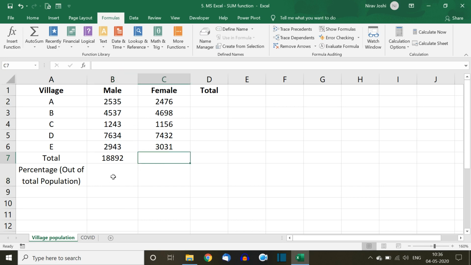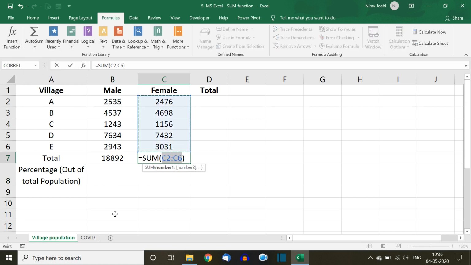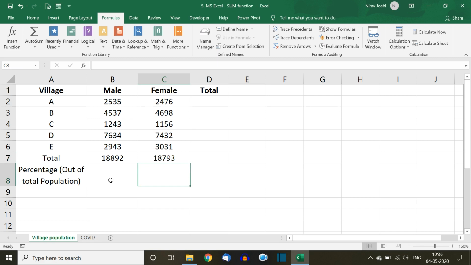Another way to do this sum is to go into the Formulas ribbon, select AutoSum and then Sum. It will automatically detect what might be the most probable range that you want to sum up, and it will give a suggestion based on that. And if it is correct, we just need to press Enter and eventually it will give the total of the population, or all the numbers in that range, automatically.